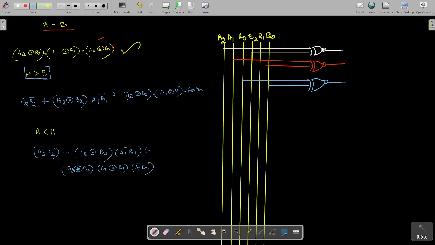Then all these three can be combined using AND operator. So the output is the A equal to B condition. If it is 1, the output comes as 1, then A is equal to B. If it is 0, A is not equal to B. That is the meaning of it. Okay. Right.